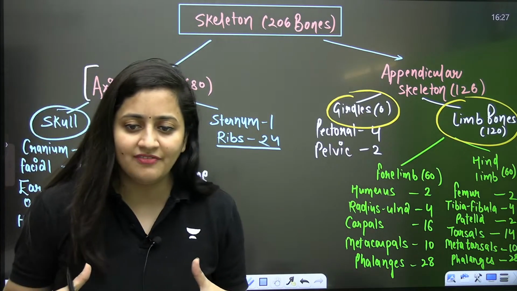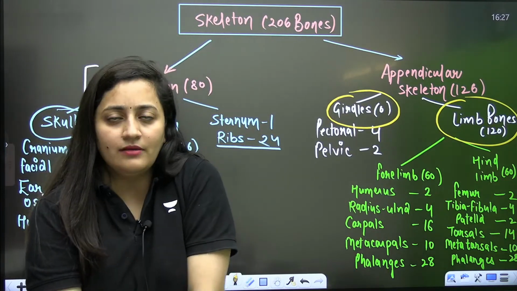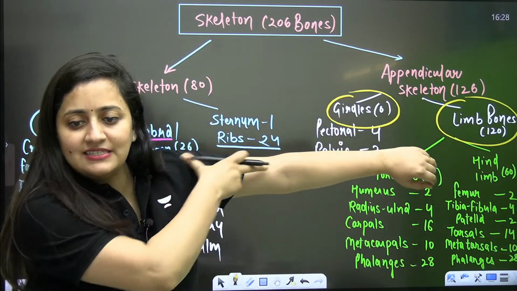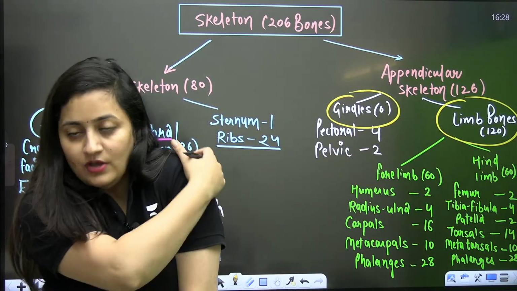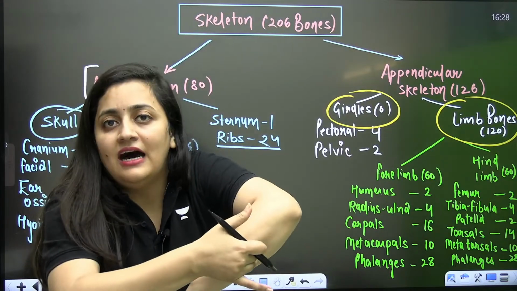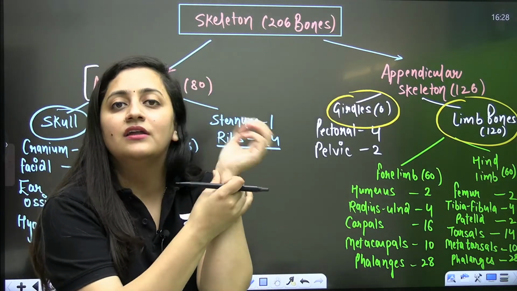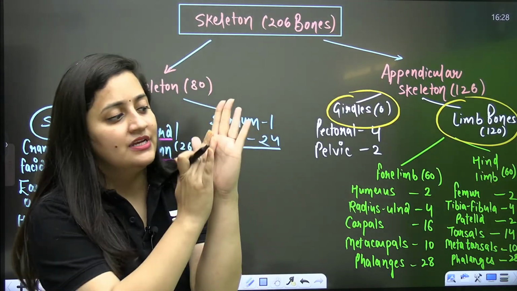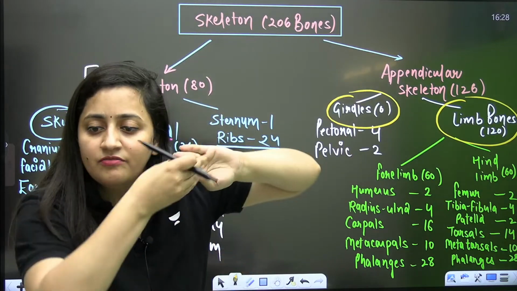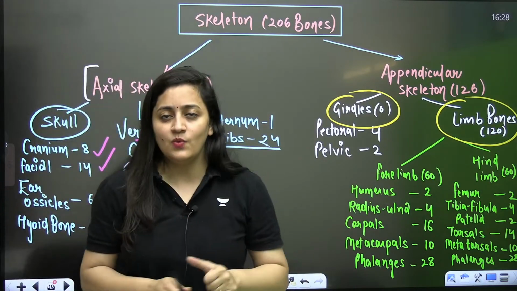So what do we have here, Rahil? We have the girdle, we have the forelimbs. This part of the forelimb, I don't have any skeleton now, is the humerus. Here, radius ulna. Together you also call it radio ulna. Here, wrist bones, carpals. Here, palm bones, metacarpals. These fingers' bones are phalanges.